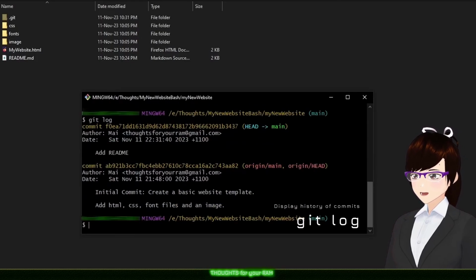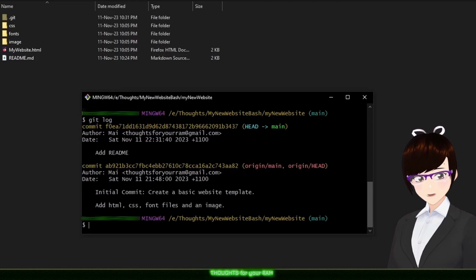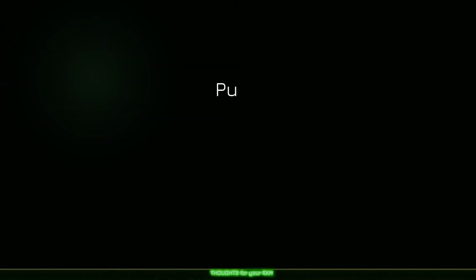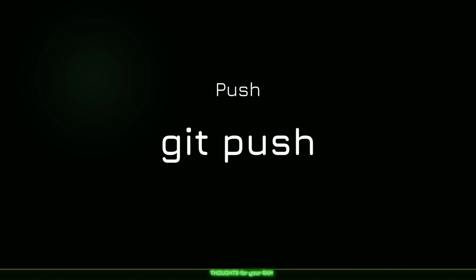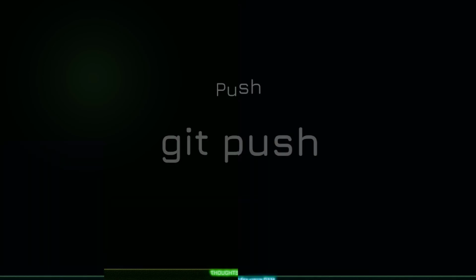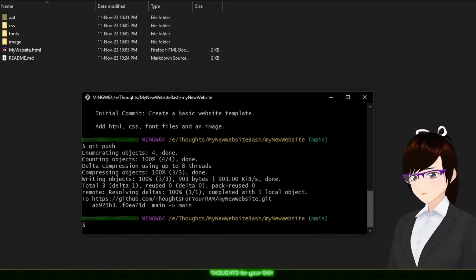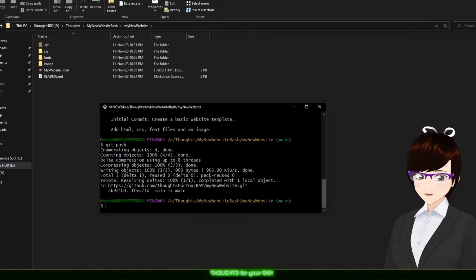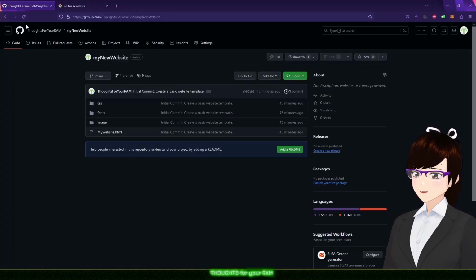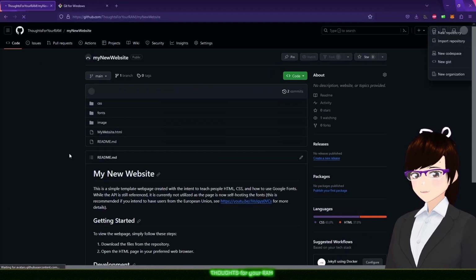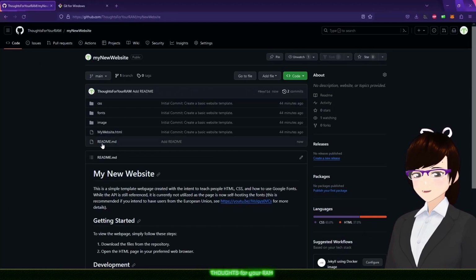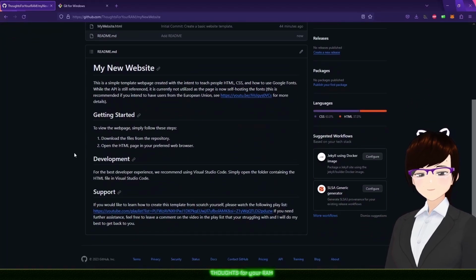Now you can see your latest commit message at the top of the log stack. The command for pushing your changes is quite simple. It's just git push. So let's push our commit up now. And that's all there is to it. If you wanted to double check that your push got through, simply navigate to your repo and refresh the page. Great! Now you can see your latest commit message next to the file you modified,